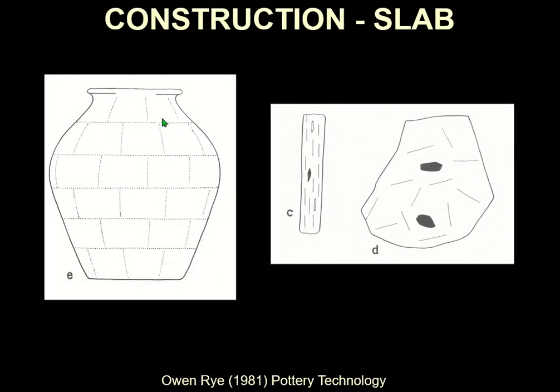And so with slab construction you can make whole vessels with these slabs. And rather like pinch pots, the inclusions will look randomly oriented on the outside of the vessel, but in section they will be parallel. What distinguishes this from a pinch pot is that it's big. This is much bigger than a pinch pot could be. You can't pinch that much clay, it would be ridiculous. And also you'll find that where the slabs go together are points of weakness. So even if you can't actually see the traces of the joins, you can see where they break.